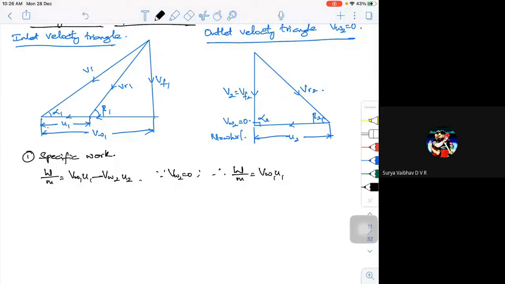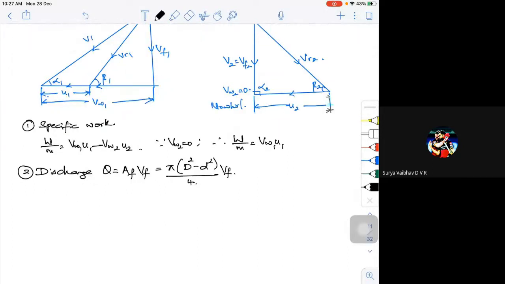So second one, what is my discharge? Discharge Q is equal to area of the flow into velocity of the flow. What is my area of the flow? We wrote it as pi into capital D square minus small d square by 4 into Vf. So where capital D is the tip diameter and small d is the boss diameter, or if you want you can write D1 as the tip diameter, D2 as the hub or boss diameter, whatever you want. You need not follow the same sign convention.